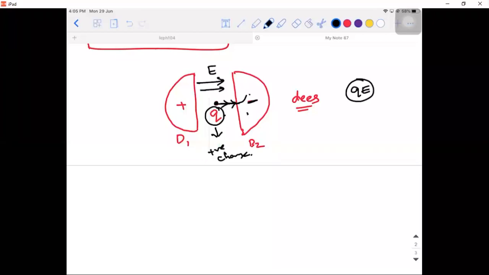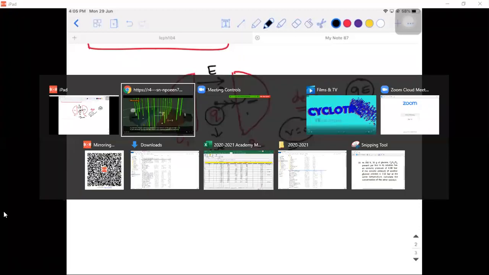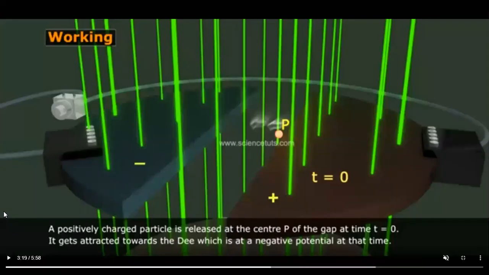Initially, what was its energy? It is 0 because the particle was at rest. Initially, it is at 0. So with the help of nothing, you want to make it move with a very high speed. That is what you are going to do. Right? Now see what is going to happen, observe the polarities very carefully. I'll tell you why it is done.